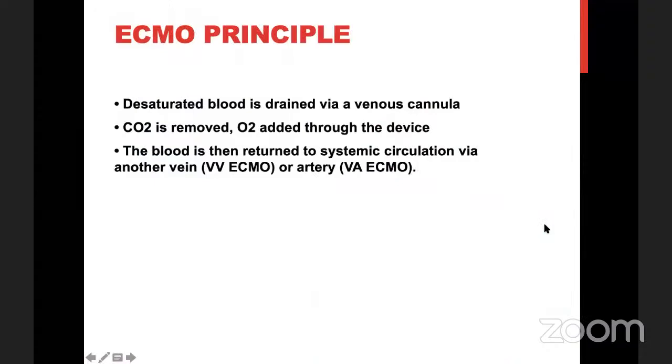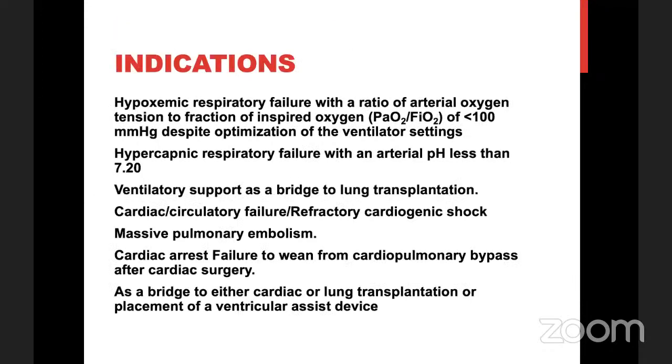So ECMO principles: desaturated blood is drained through a venous cannula. CO2 is removed and oxygen added through the device. The blood is then returned to systemic circulation through another vein, so veno-venous ECMO, or through an artery, veno-arterial ECMO. So indications, there are many indications for